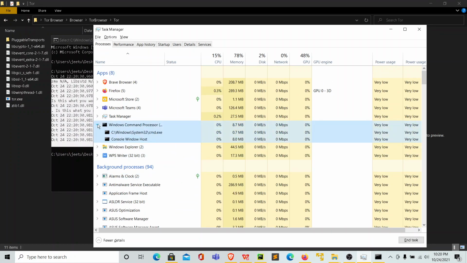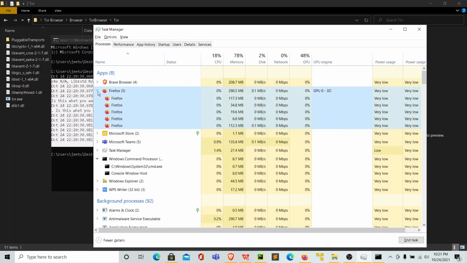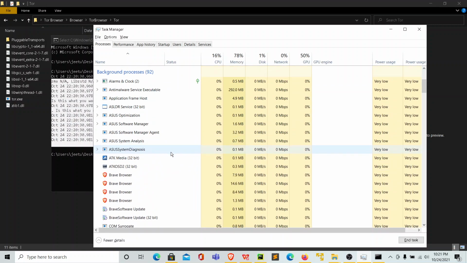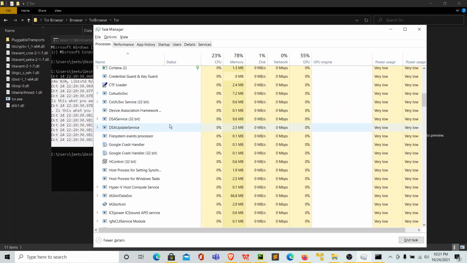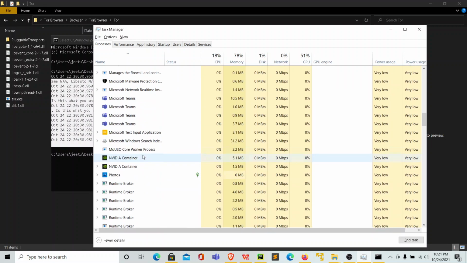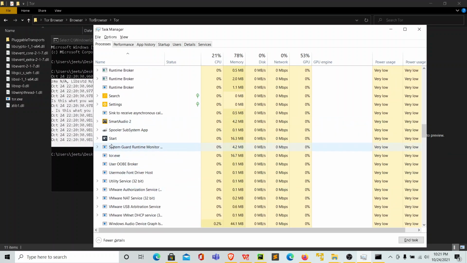Now if I check over here, I cannot find tor.exe in the list, and you will have to check each and every program. If you have configured the proxy in your Firefox or any other browser, then you have to check and click on end task if you find tor.exe over there. For me, I had accidentally closed the command prompt after starting Tor, so it might be lying somewhere in the list, and it might be for you too if you have accidentally closed it.